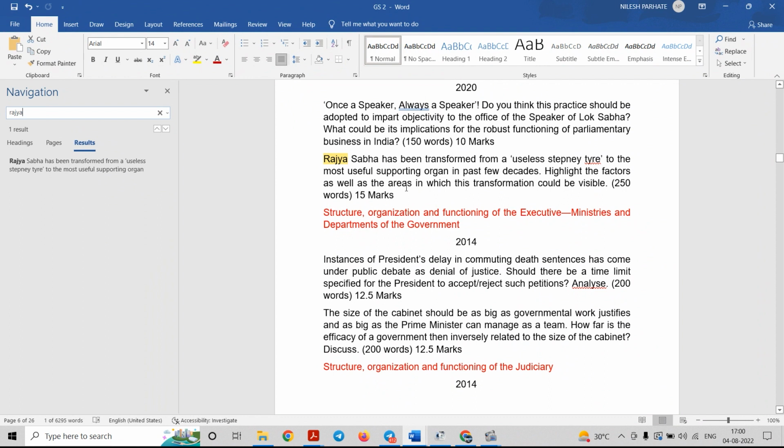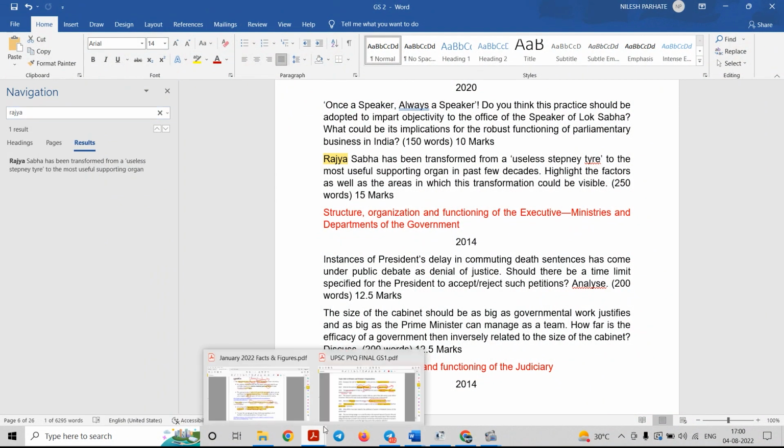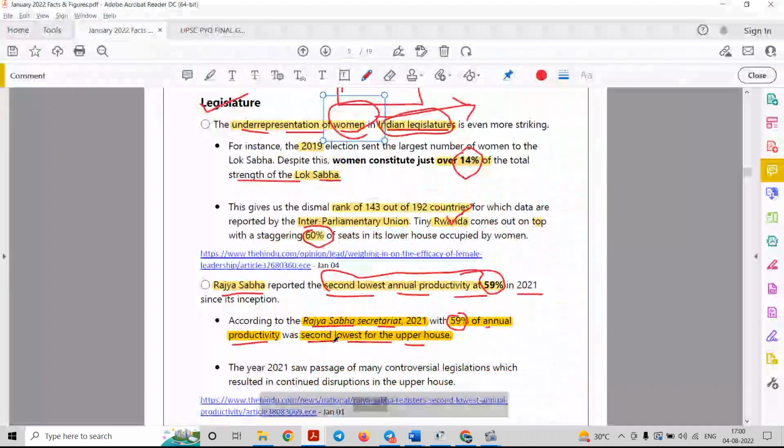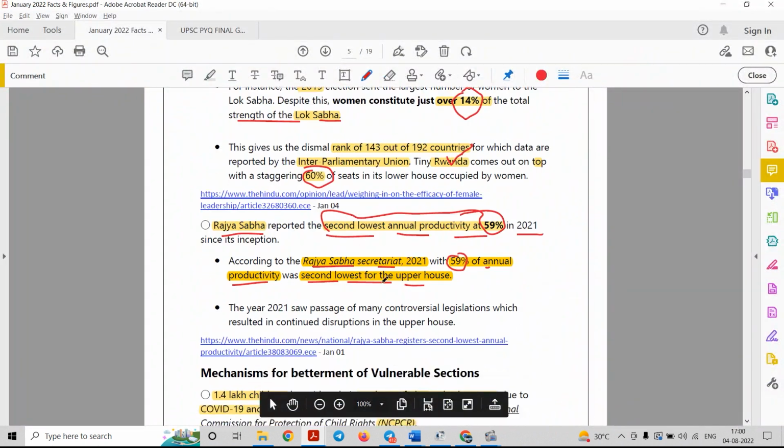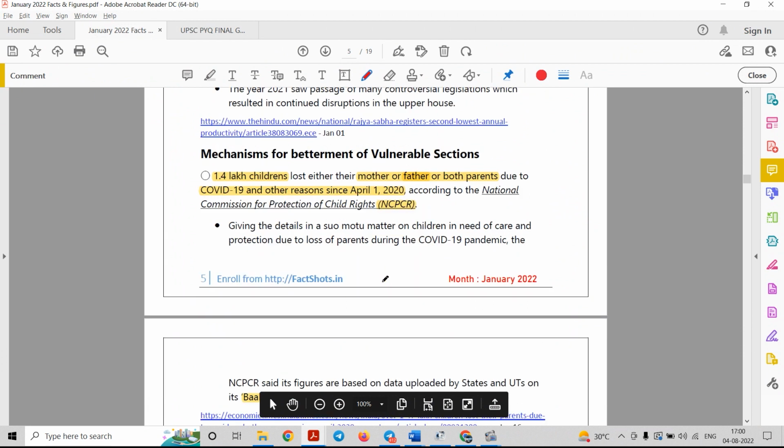So in this particular question you can quote that even though it is an important chamber of the Parliament, its productivity is declining, because there is no consensus over a particular issue between the government and the opposition parties. So this is the way you can utilize the facts in your questions, in your mains. Next fact is about